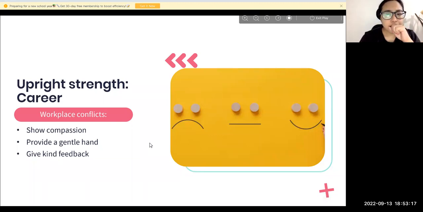Now, even if there are workplace conflicts, as I told you, the strength card, though it is very positive, does have a certain element of struggle, right? Because there are mountains in the card. So even if there is struggle, even if there is conflict in the workplace, show compassion, understand, slow down, don't react. Like that lady who is taming the lion, you can also tame those people who are against you. You can also tame your boss who is against you.